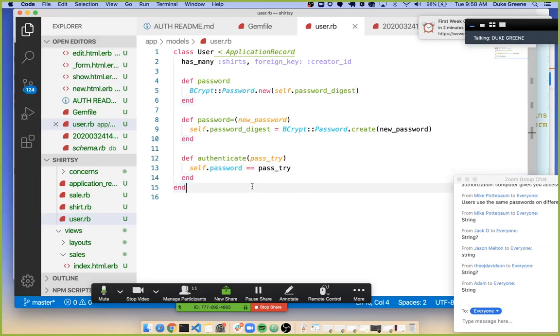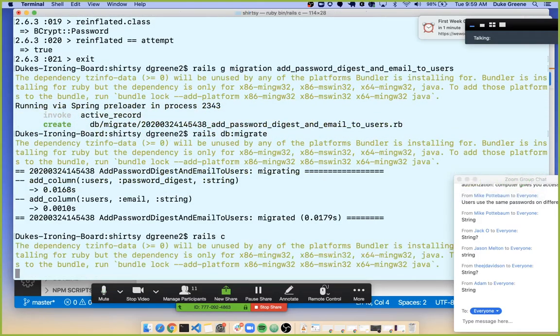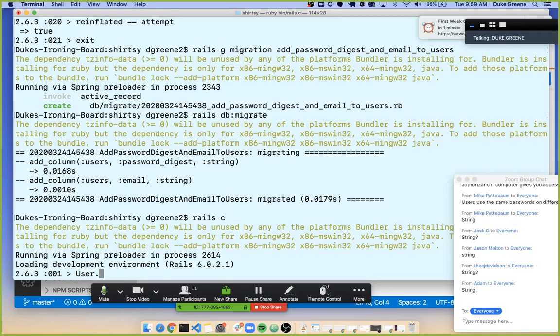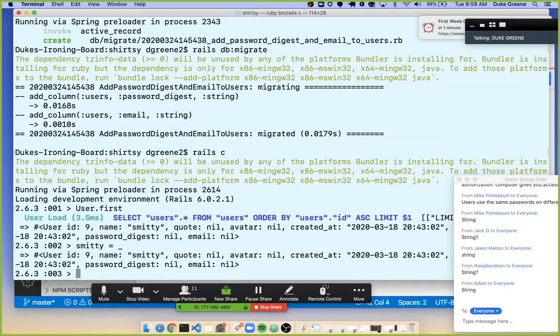So now if we wanted to play with these methods that we wrote, here's the flow that's probably going to live in the database. I'm going to call User.first. This is Smitty, right? Remember Smitty? He made all those blue shirts, the one that said YOLO, famous Smitty. So cool. Smitty needs to have an email and a password digest. So I'm going to say smitty = the last thing we returned, the underscore. smitty.assign_attributes, and I'm going to pass in a hash. It's kind of like a hash that might come out of user params, right? And in this one, I'm going to include email,